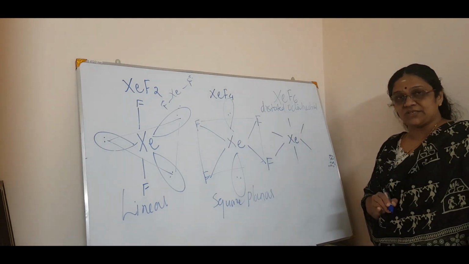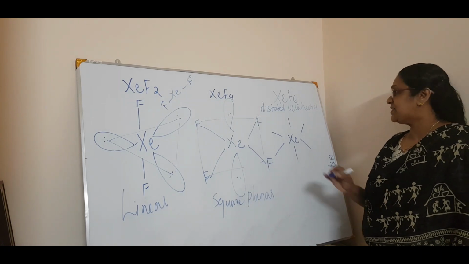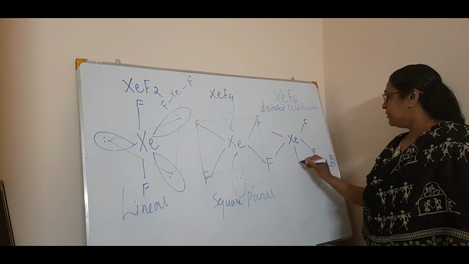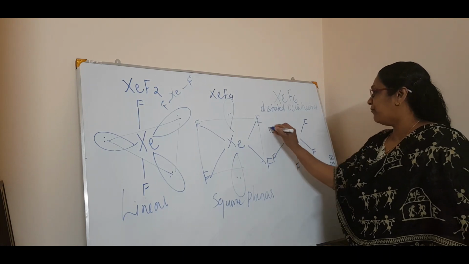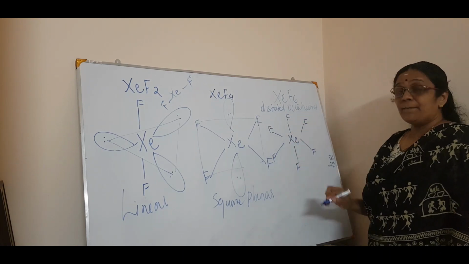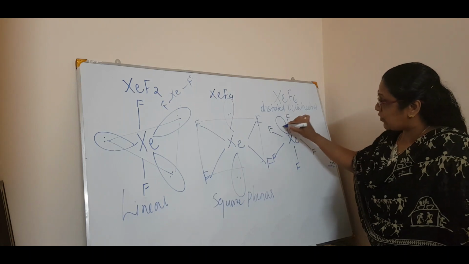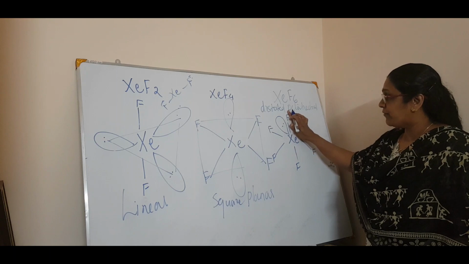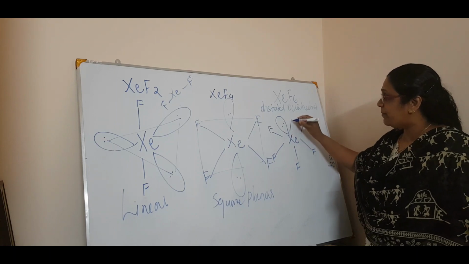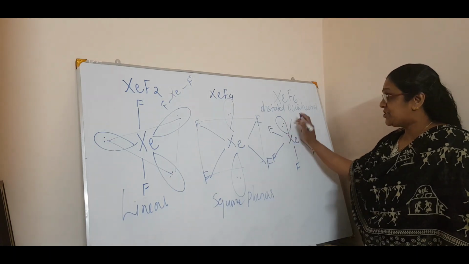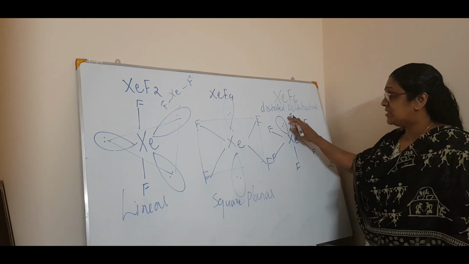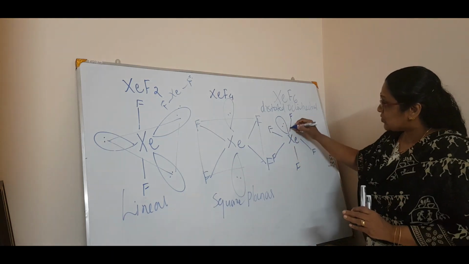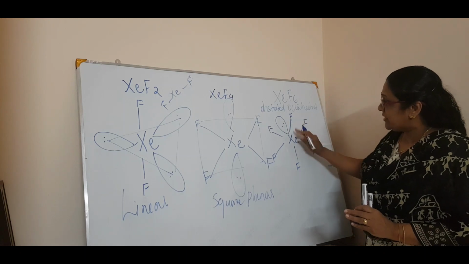This is octahedral structure. Distorted means what? Distorted means this. See, 1, 2, 3, 4, 5 and 6. But there is a lone pair of electron also here. So due to this lone pair of electron, this bond will be due to the repulsion of the valence electrons in the fluorine. This lone pair and the fluorine has got some kind of repulsion. So this bond is distorted.